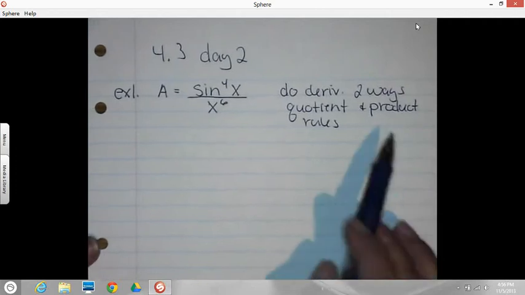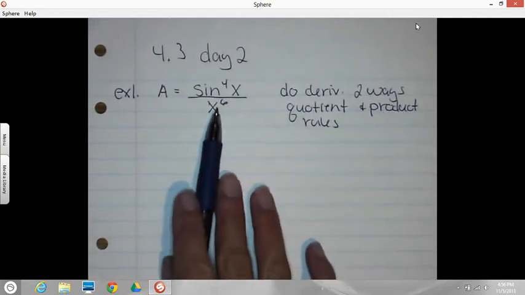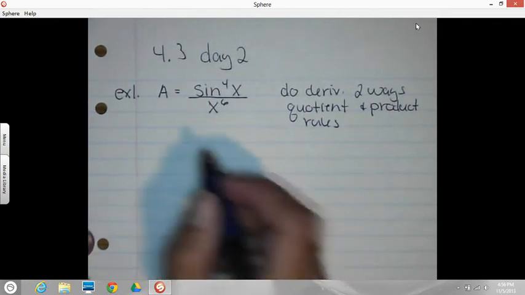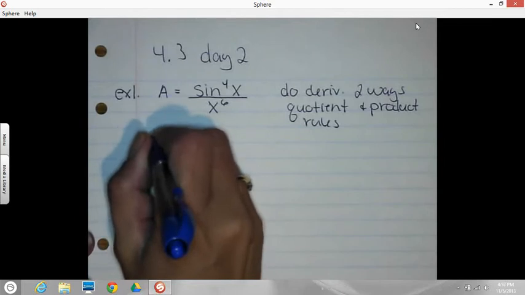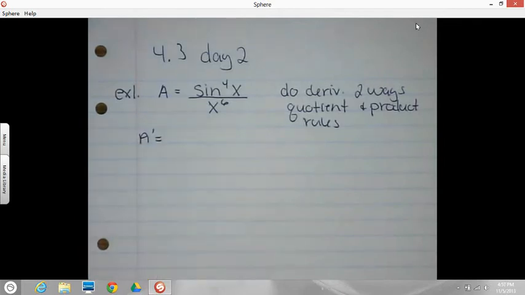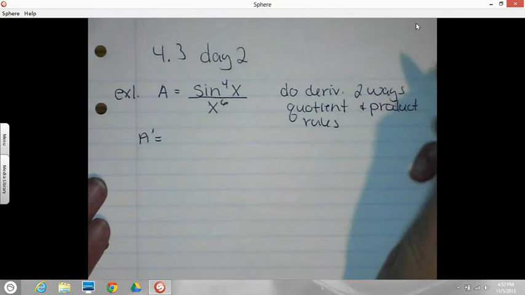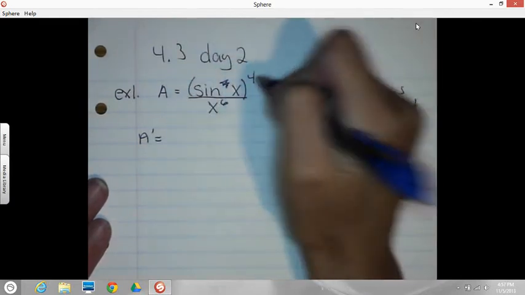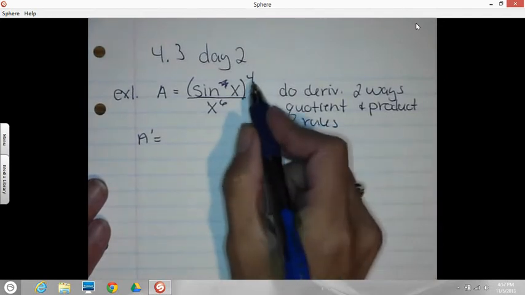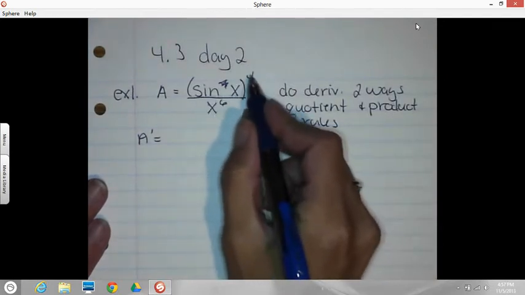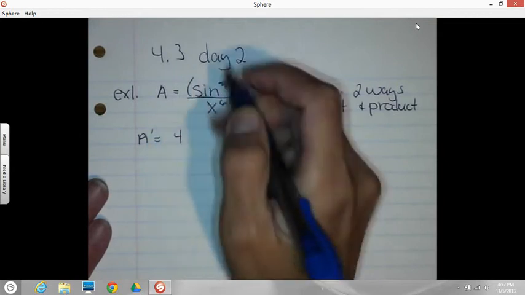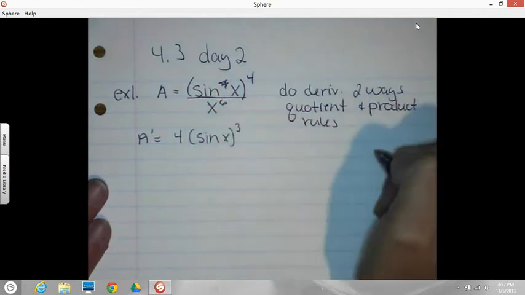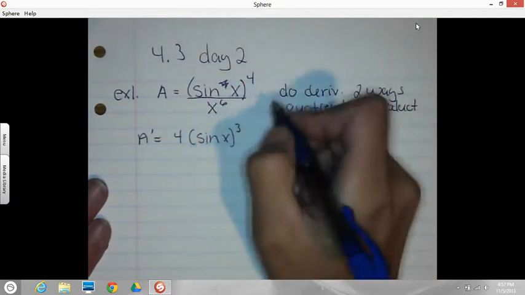Okay, if I didn't tell you to do it two ways, you probably would have just gone with the quotient rule. So you would have seen an x term divided by another x term. So we'll jump right into quotient rule. So a prime, we need the derivative of the top. I am going to take the time to rewrite this as parentheses to the fourth power. Now I can see it's a chain rule where I got the inside and the outside. So 4 comes down, times sine x to the 1 left power, times the inside derivative of the cosine x,